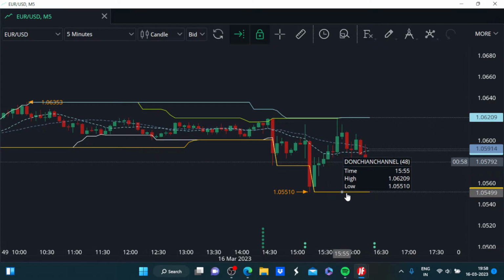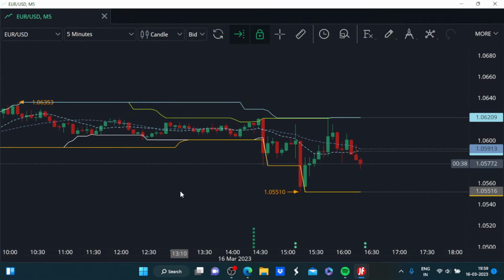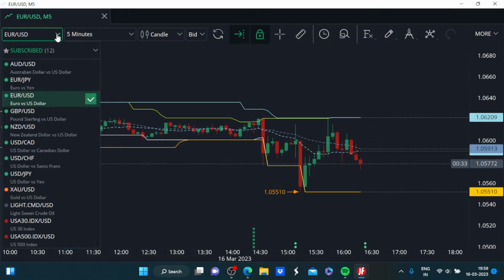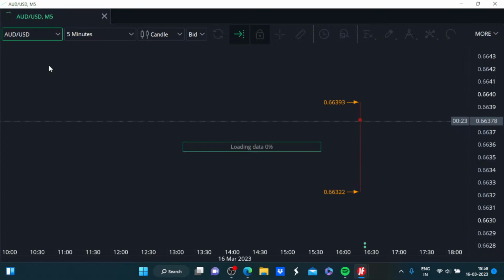EUR/USD goes on to decline and makes a fresh swing low, and then it should hold on these lower levels, around the lower levels, if not exactly at the lower levels, around a 20-30 pips range, and it should consolidate, and then we can indeed look to initiate the new short sell trade. So the euro is also having the bearish undertone in today's trading session. The JPY is the most bullish currency in today's session, as was the case in yesterday's session.